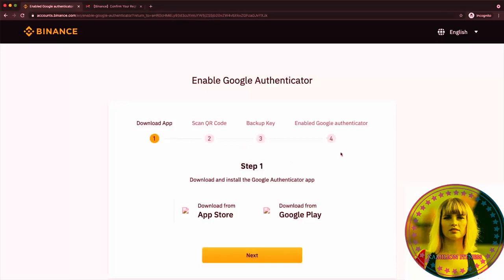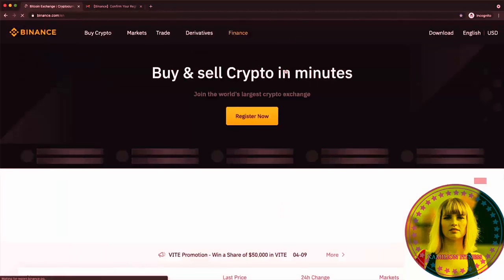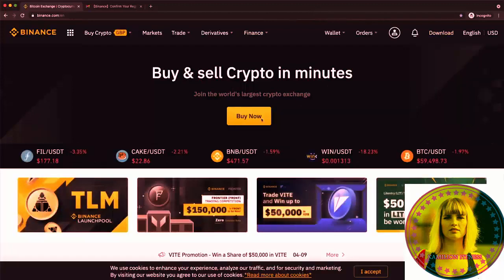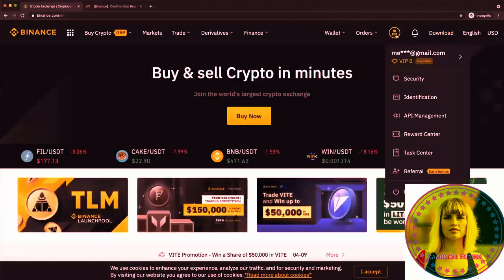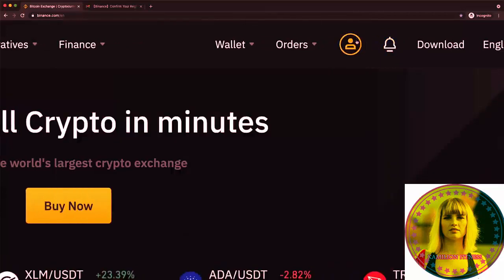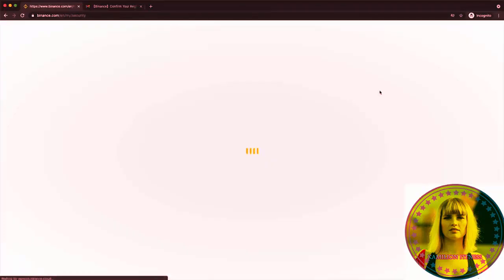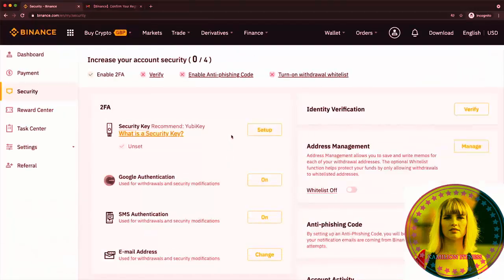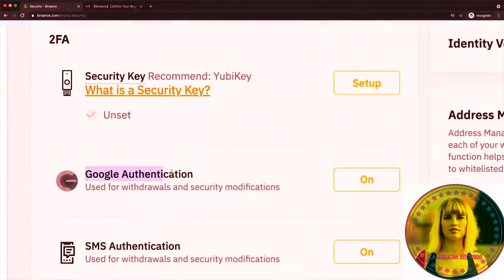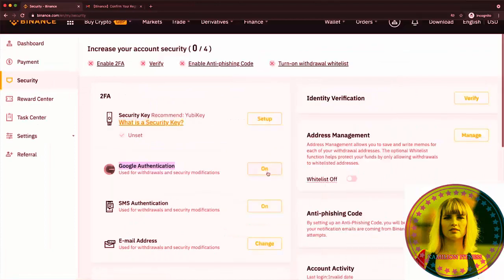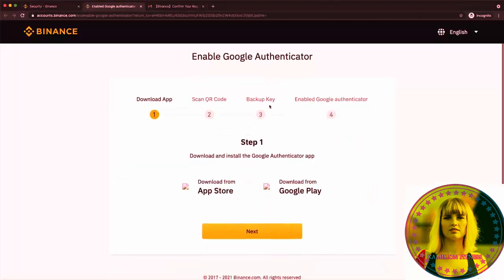And by the way, if you don't see that pop-up that we've seen before here, you can also manually go into that option by just going to your account icon on the top, then go to security right here, and then we're just gonna click on Google Authentication here. Just turn it on, and then again we get to this step where we can enable the Google Authenticator method